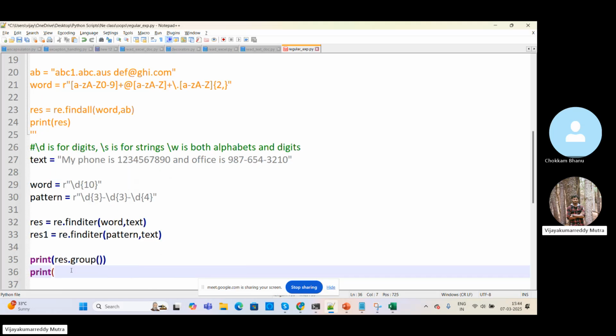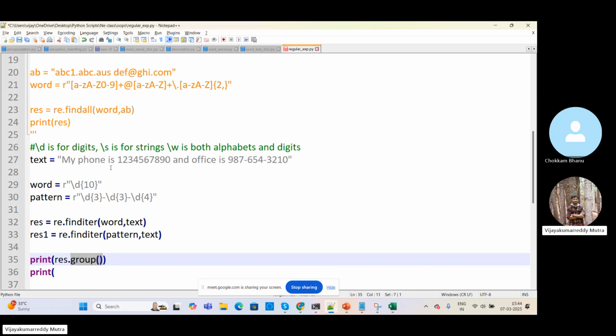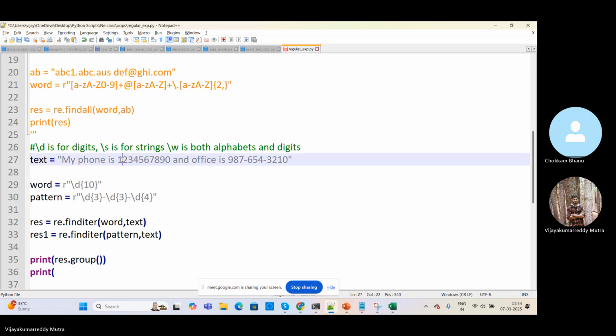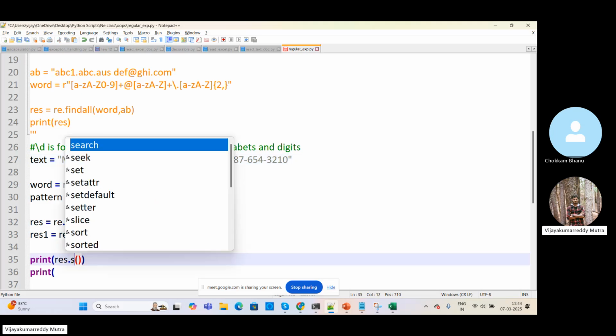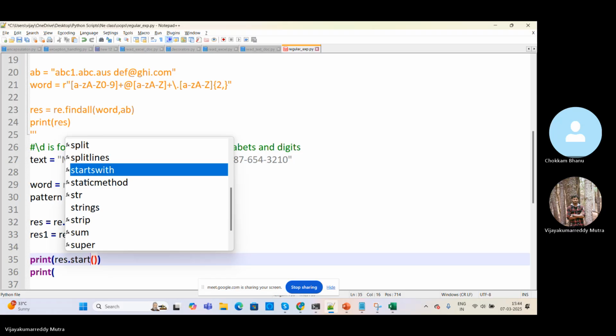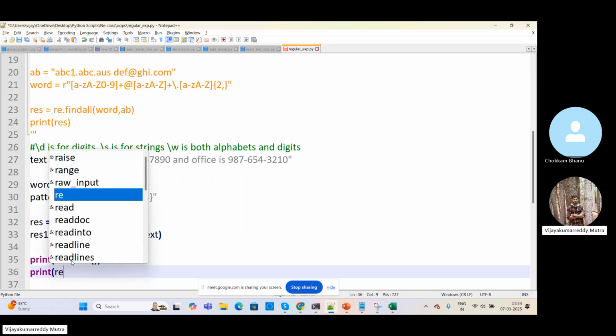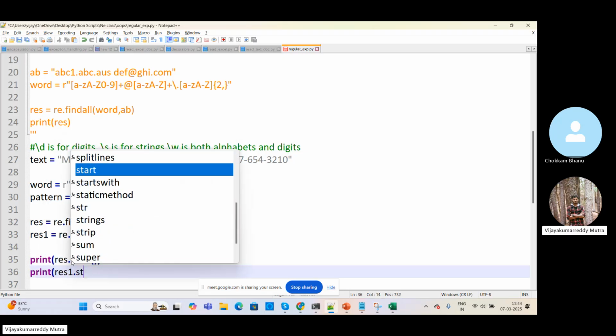print. Else, if you want to see in which index position the mobile number is residing, we can use start instead of group. If I use group, it will print the same digits, and I don't want to print that. I want to verify at which index it starts. So we can use start. So result1.start of